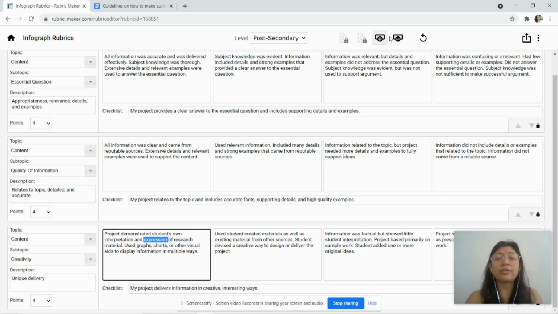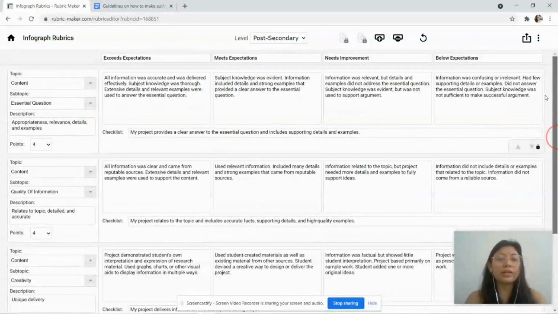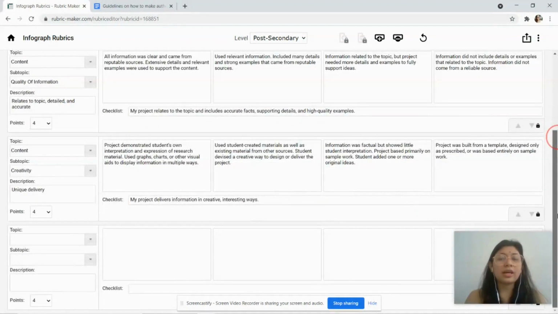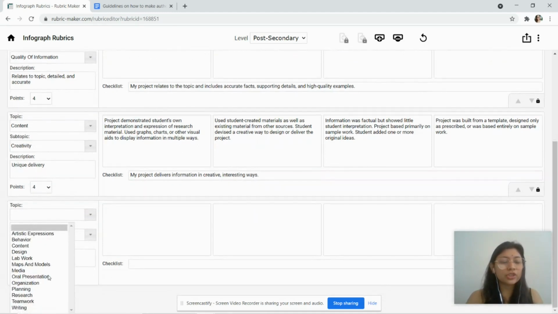Next. So you will notice I already have three parts of my rubric, and all of them have a maximum of 4. So by now I have 12 points. Next, I would like to check the